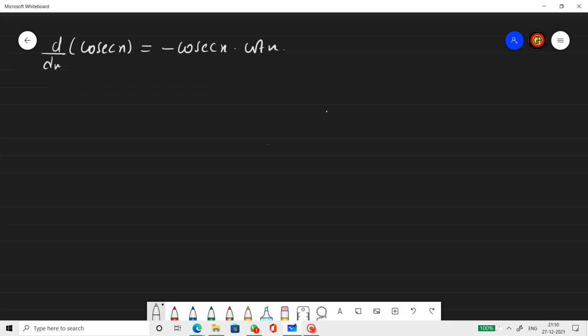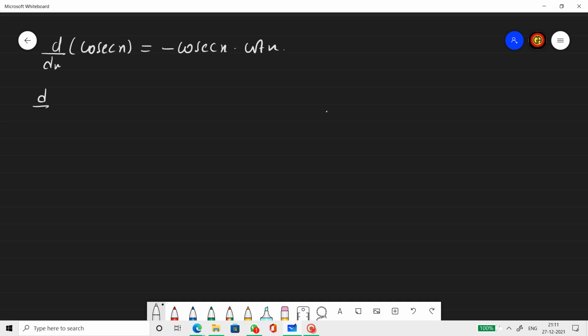Next one is derivative of cosec x. I did tan, so cot I think you all will be able to do it on your own. Like that I'm doing cosec now, sec you can do it on your own. So differentiation of cosec x is minus cosec x cot x. Let's see how to get this by the first principle way.